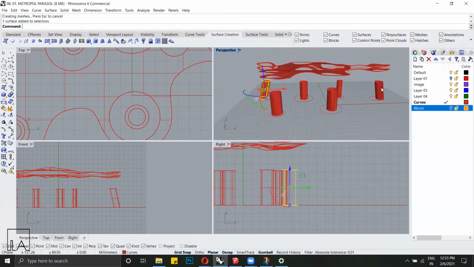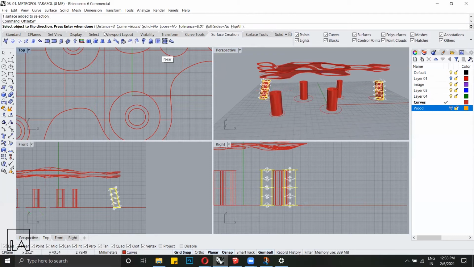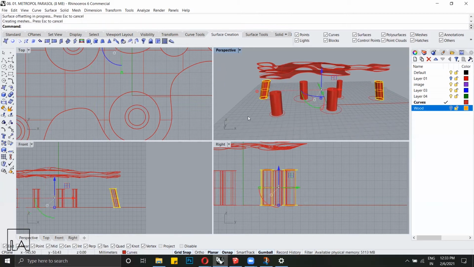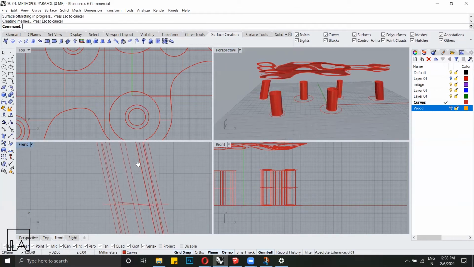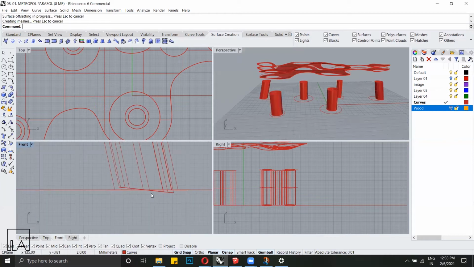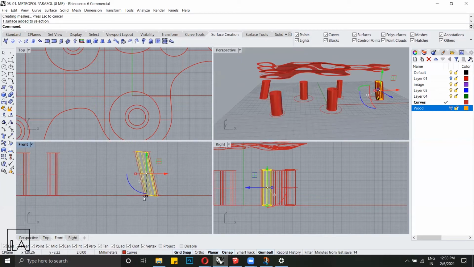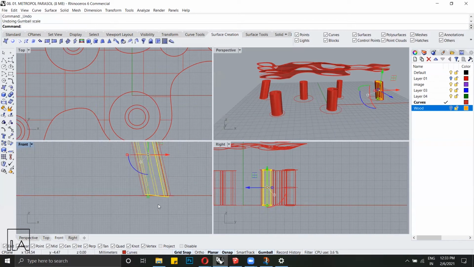And now we're going to do the same thing for the two angled ones as well. They're already inwards. It's done. And now we have all of our offsets. But now when you see the offset, it has small problems with regards to how it sits on the plane. So what we're going to do is scale this in one direction. So you can see if I do this, it starts to change the angle of it. So I'm just not going to do that.